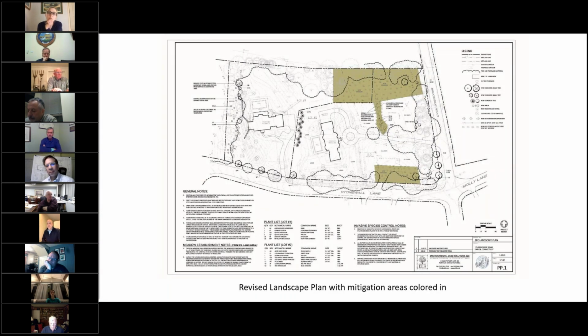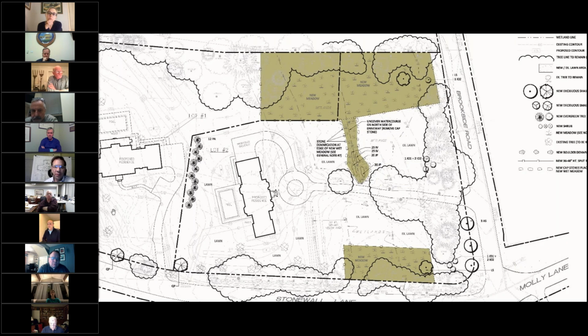All right, Matt. Good evening, Matthew Pop, landscape architect, professional wetland scientist with Environmental Land Solutions. The main change was the farmer's drain that runs just right there. We removed the cap stones from the farmer's drain, replaced them approximately anywhere from 10 to 15 feet off the channel, and now we have a new additional wet meadow area that's between those capstones. So there'd be, I think it's about 1,800 square feet addition to the wet meadow following the